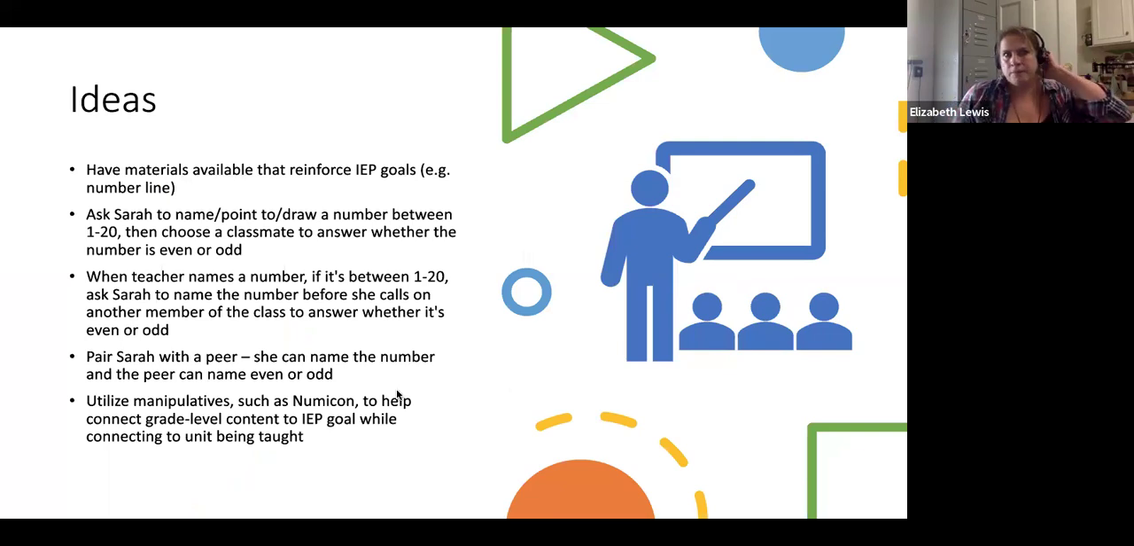So having materials available, so her being able to access what she needs, includes having the tools that help reinforce what she's working on. I'm telling you, for our students with Down syndrome, having a number line is a really great tool to have in the classroom setting if you're working on math concepts. Having a number line available, or a calculator, manipulatives, things like that, materials that will just help reinforce what